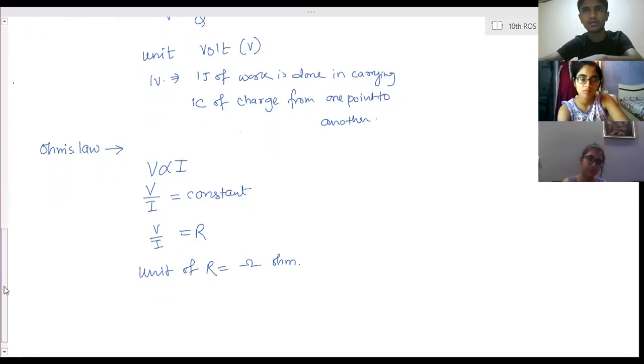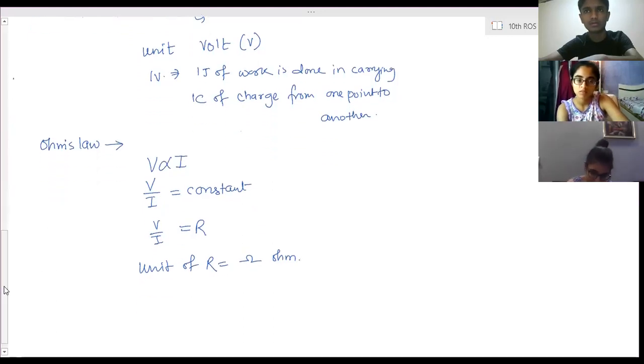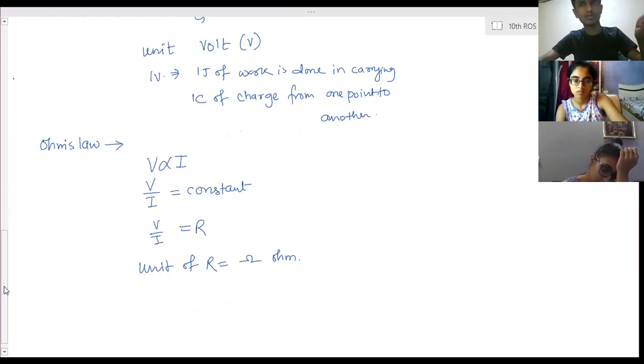Okay, so this is Ohm's law. Experimental verification diagram. You have to remember the activity of verifying Ohm's law. Okay, a question can be asked for 3 marks. And the VI graph. How is a VI graph for verification of Ohm's law? That is for ohmic conductors.